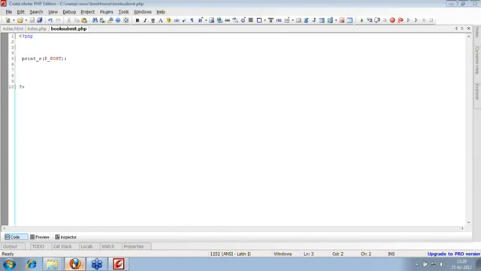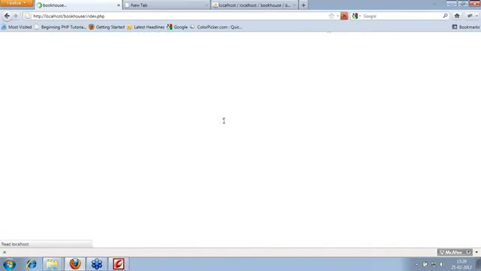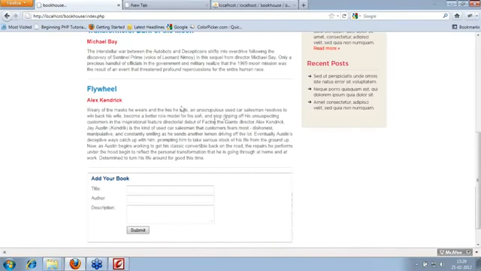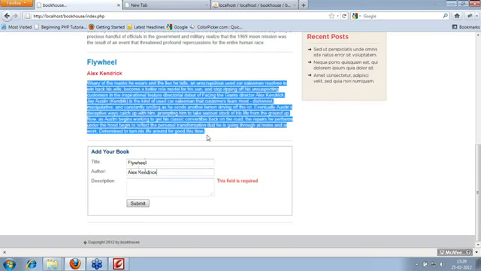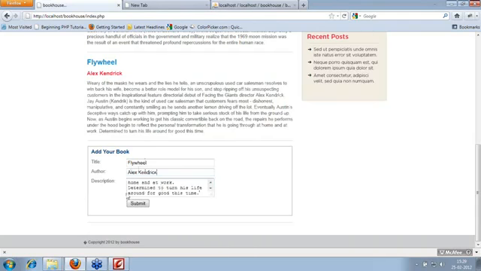Okay, so this is my PHP page, this is my environment, the WAMP environment, and this is a form which will allow me to send a book's details. If I say submit, because I have already validated this form, it is not allowing me to post blank values. So let's take this book only. I'll say flywheel, and my title is this, the author of the book is this, and the description of my book. Okay, now the form is validated using jQuery.